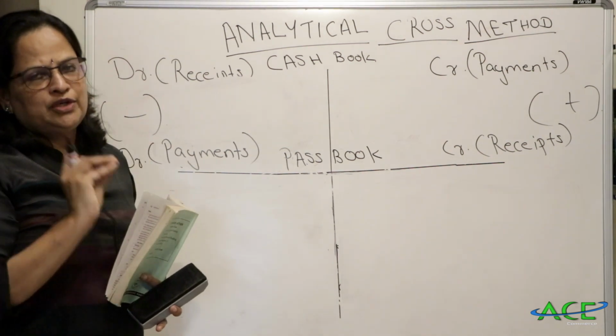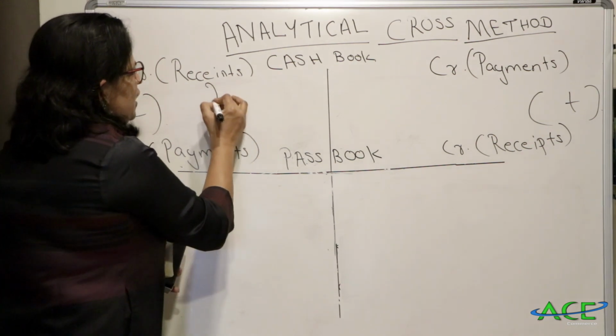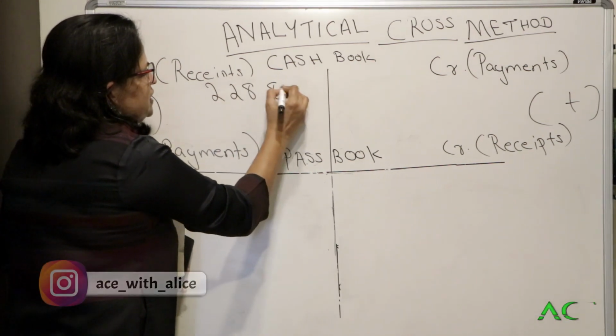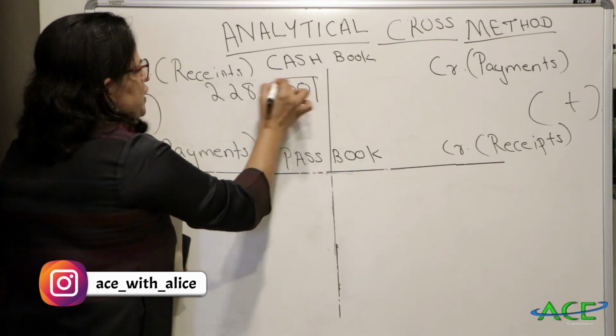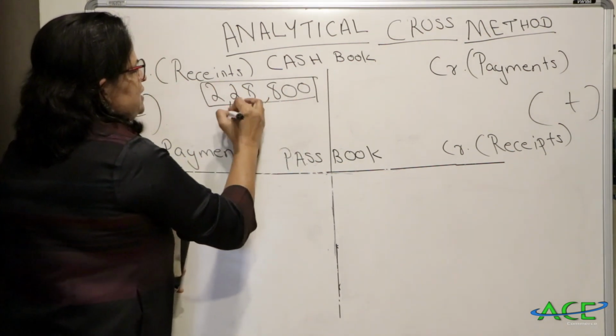If you don't have cash, you cannot spend that. So this is the 2,28,800. We will put it in a box just to show that this is the balance we are